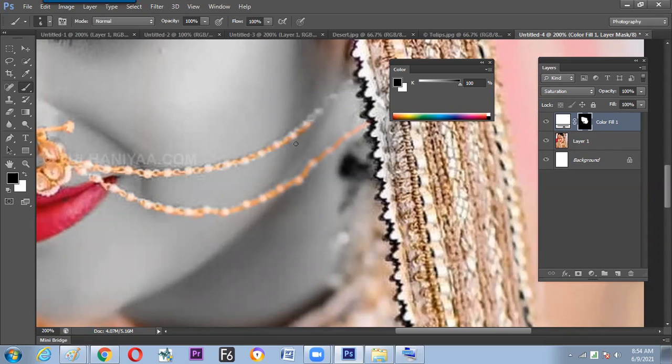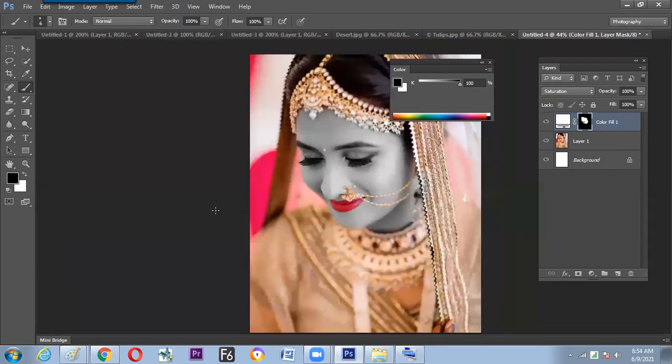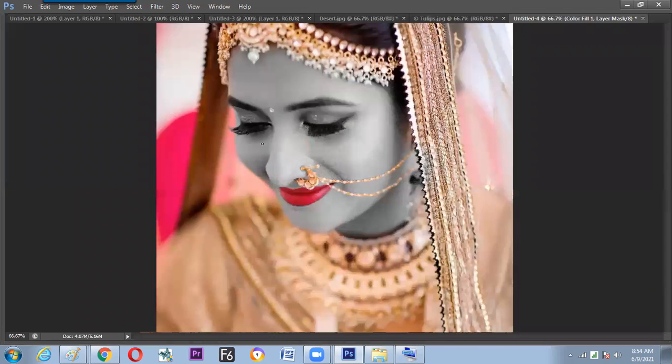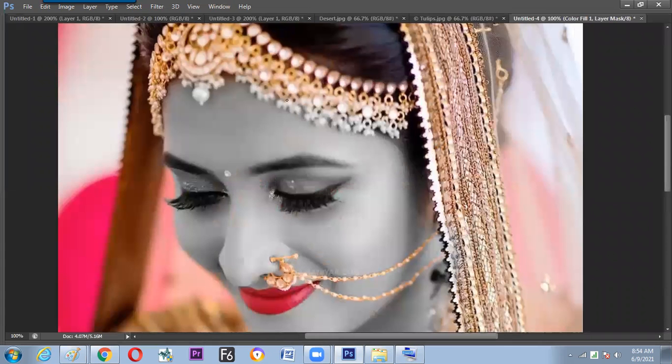Get the middle area. And yes, if something goes here and there, nothing to worry. Again, you can paint the black where unwanted pixels have been painted. So Control 0. Hope it is okay. Yes, sir. Task of the day: you can take any photograph and make it black and white, with the skin and the jewelry to be colorful. Fine. Control 0.